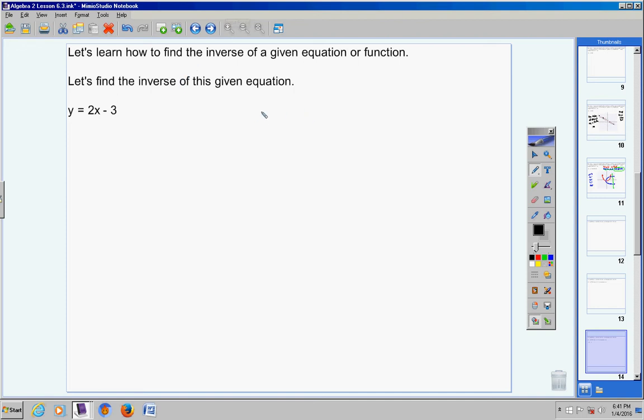Let's find the inverse of this equation. Are you ready? It's really, really, really easy. Everywhere there's a y, you put an x. And everywhere there's an x, you put a y. Now guys, it doesn't get any